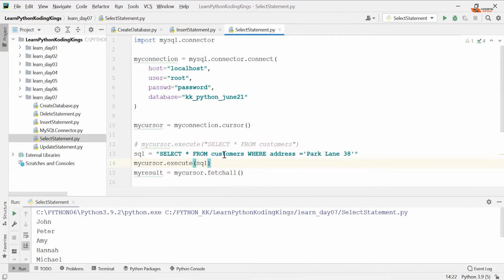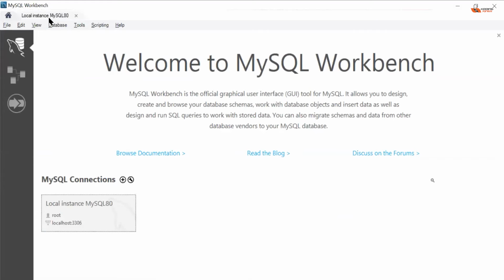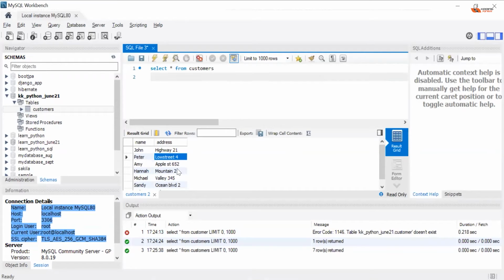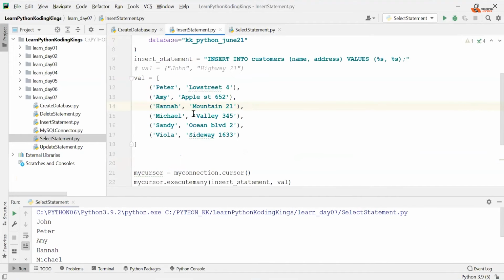Let's select from customer where address is Park Lane 38. Do we have something like that? Park Lane 38? I don't think so. No, we don't. So let's take something else, this one. Copy this from the insert then.